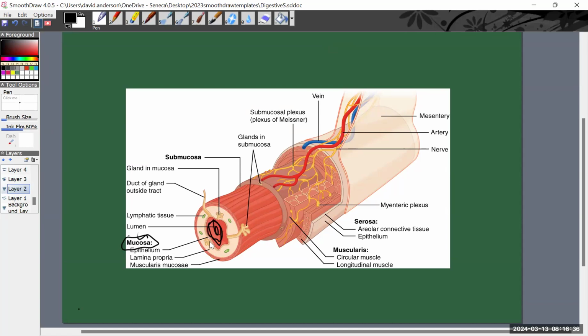So this represents our simple columnar epithelium. This is a mucosal gland right here, and this would be a submucosal gland right there. Here's our submucosal plexus of nerves that are going to influence secretion rates of glands, okay? And then when we look at the muscularis layer, circular is going around, so it will be involved with reducing